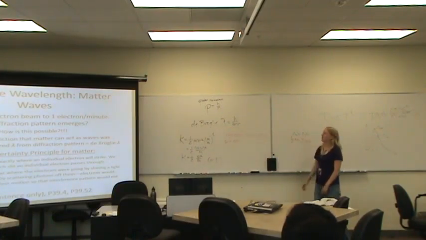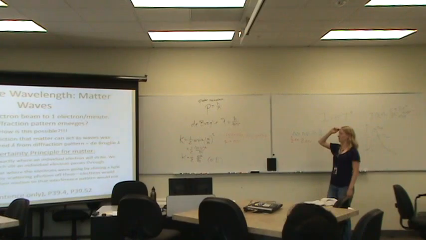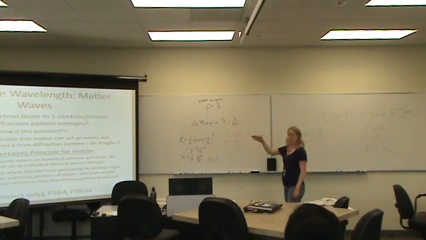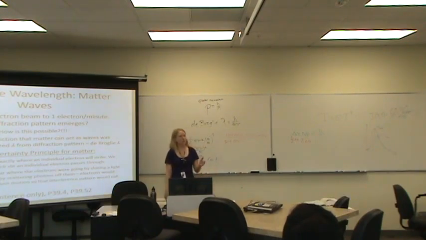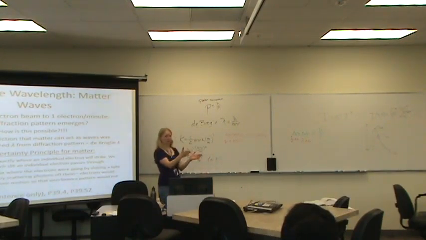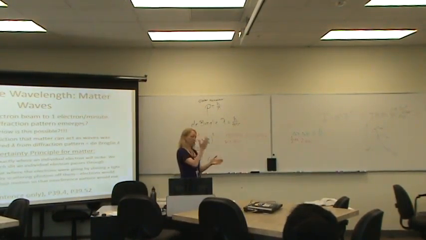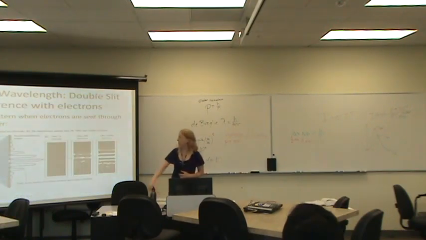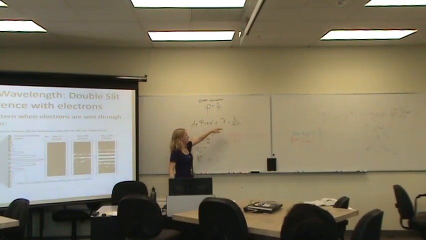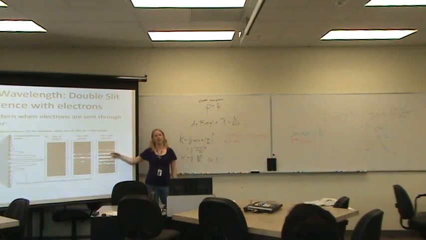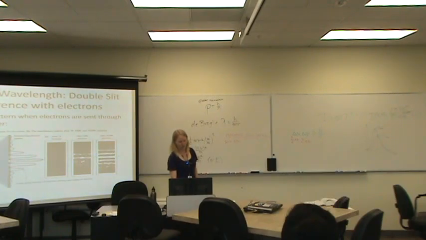I talked about this already. We get the pattern with one electron at a time. They've done this experiment where you get the diffraction pattern from electrons through a double slit. We learned with a double slit experiment that you can measure the wavelength of light based on where those peaks line up. So you can measure the wavelength of the pattern created by electrons and verify this formula. You have your predicted wavelength of an electron, you do the experiment, and you get the same calculable wavelength. So de Broglie was correct.